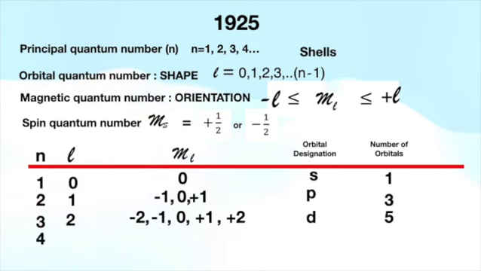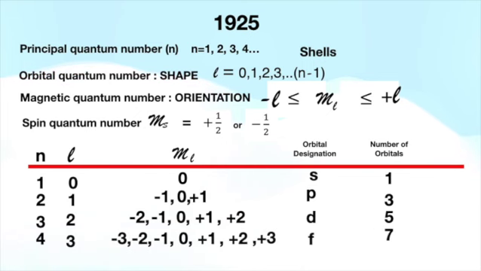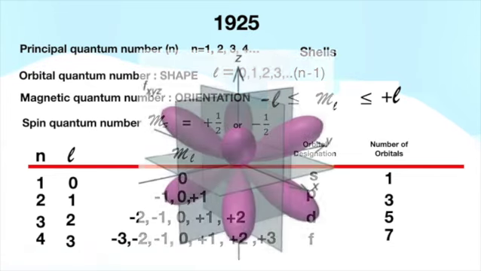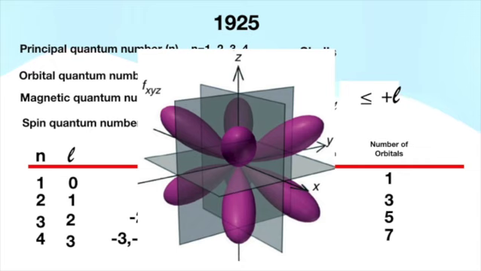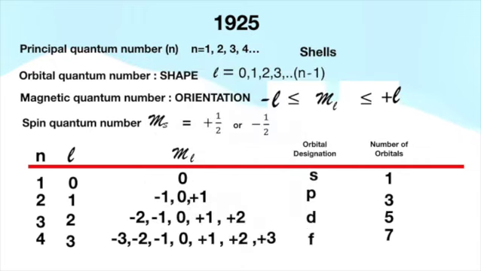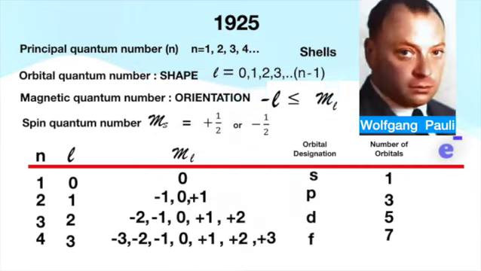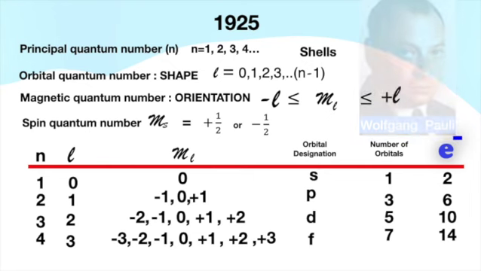In the case of n equals 4, L equals 3 and M sub L has 7 different orbitals, with an orbital designation, F, for fine. The complexity of the 7 different orbitals is shown in this illustration. Wolfgang Pauli determined that each electron is unique, identified by these 4 quantum numbers, and each orbital can only have